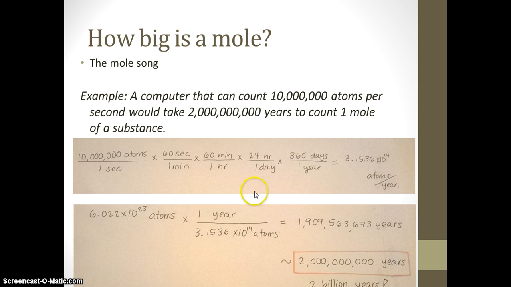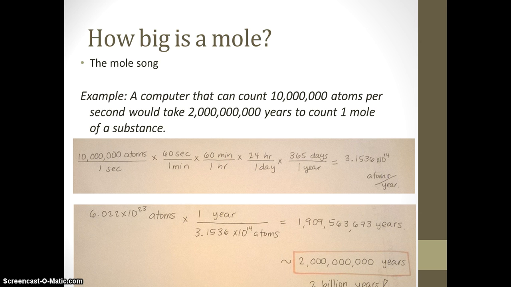Now, we know that 1 mole has Avogadro's number of atoms. And now that we have this answer here, we can use it to calculate how many years it will take us. So you see that this unit's atoms per year, I need to flip them so I can cancel the atoms that are in 1 mole of a substance. So I will write here times 1 year divided by 3.1536 times 10 to the 14 atoms. And my answer will be this very large number,